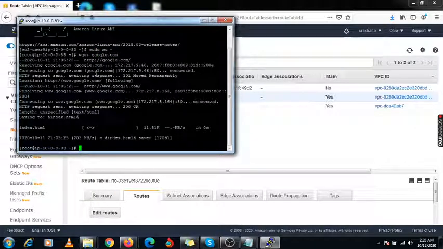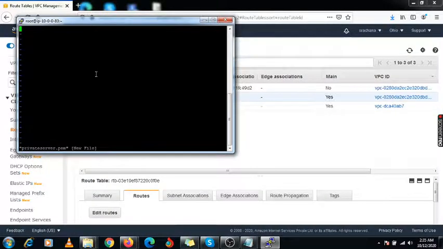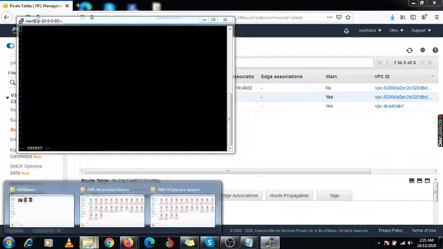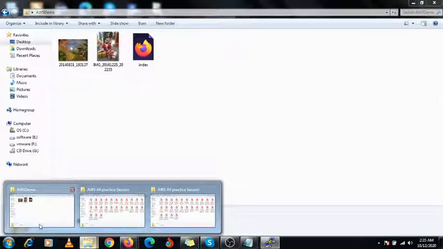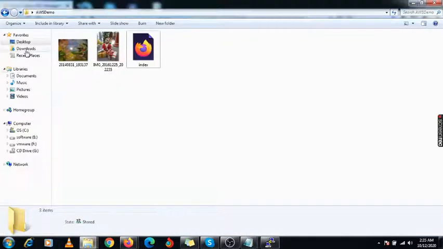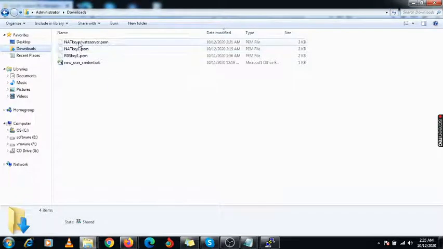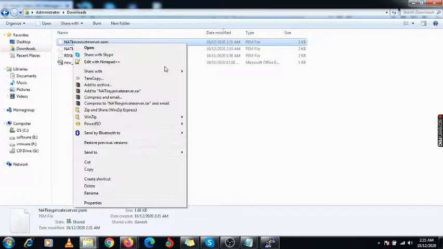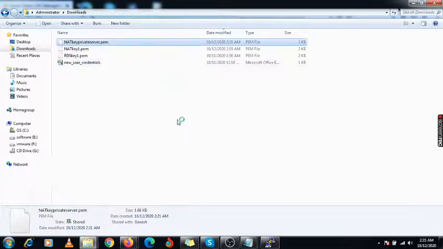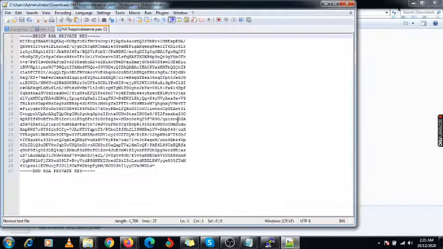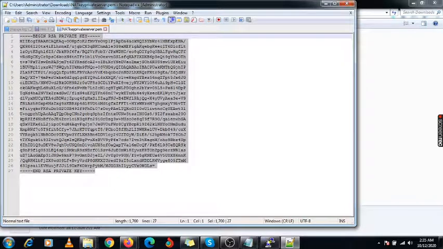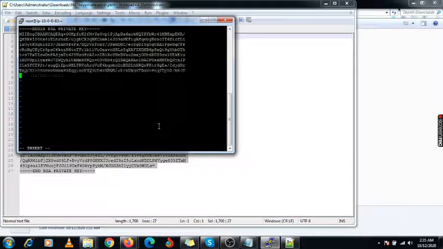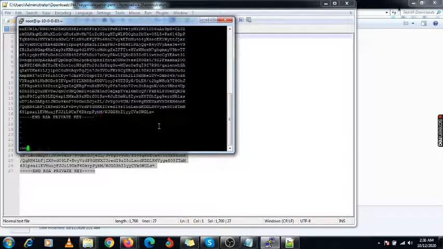Now we are creating one file having this name, private server .pem, and enter it, insert, and go to your private server key which you have downloaded. Open it using notepad and copy this key, paste it here and save it.